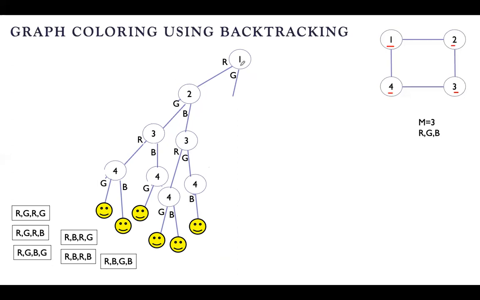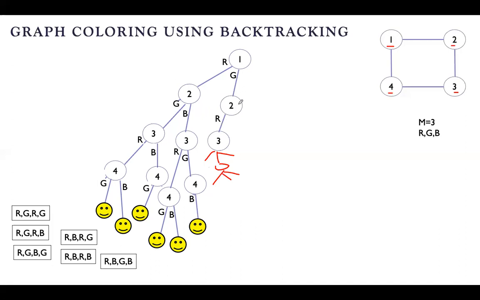See, again, we are starting from the first vertex. We'll go to second vertex. In the second vertex also, you have to check for all three combinations RGB. Okay, then we'll come to third vertex. In the third vertex, you must check for RGB. Okay, three combinations you have to check. We'll come to fourth vertex. From there also you have to check for three combinations RGB.